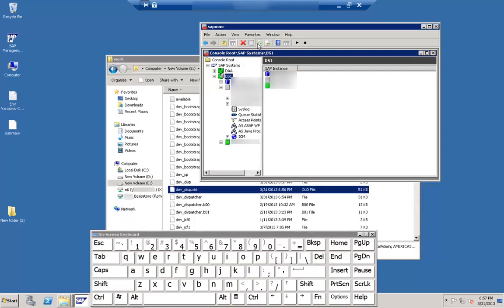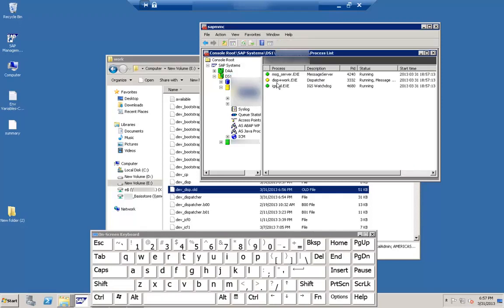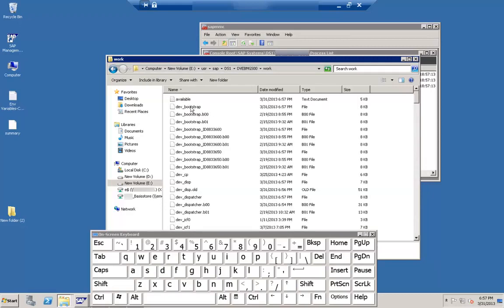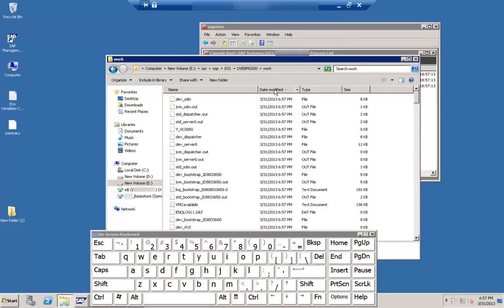Let's refresh this process. Here you can see that this is taking time to start. So if you see this process list, here you can see that dispatcher is the last one. Okay, gateway is started, message server is started. And in the log folder all the logs will be written in that sequence. Here you can see, if I just click on the date modified,